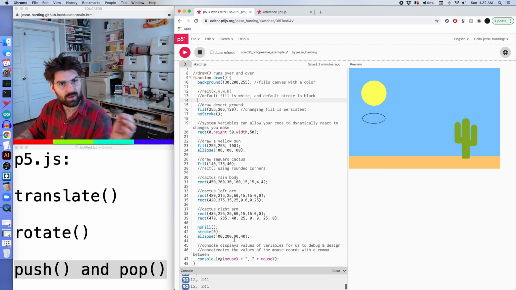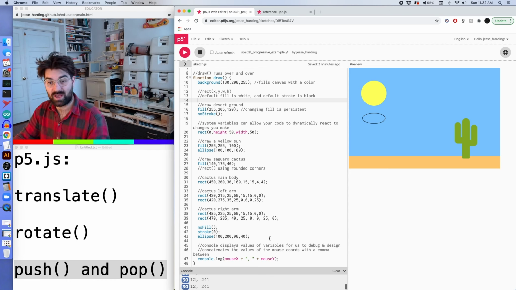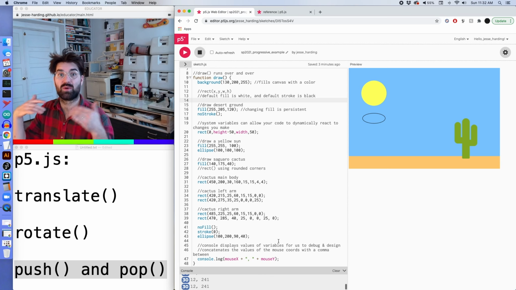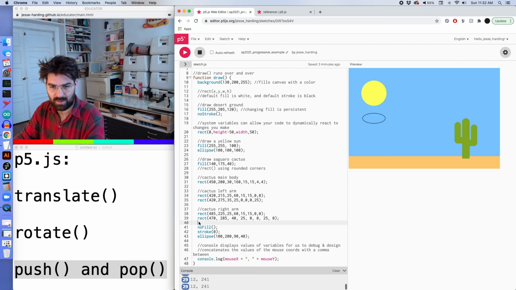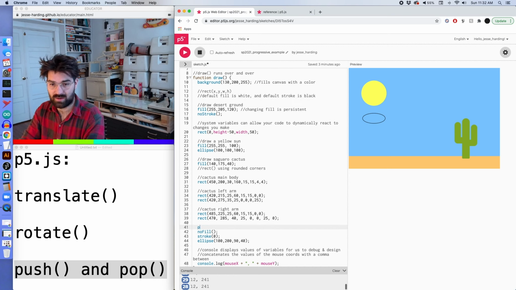So one thing we can do, if we're going to be doing any translations, is surround the code that we're going to be translating or rotating, or any of those settings, with a push and a pop. So let's just add that in. I'm going to add that in right in line 41. So we're going to say push